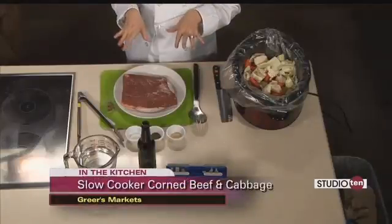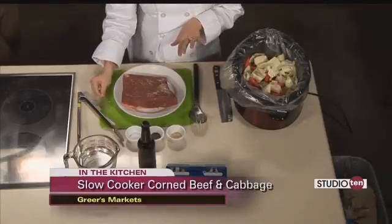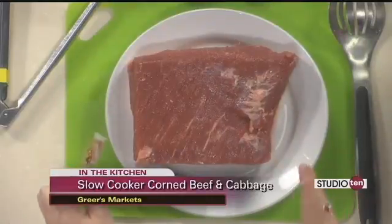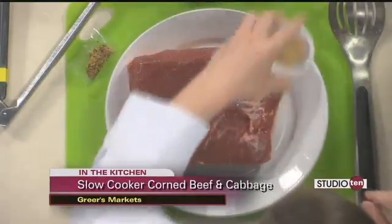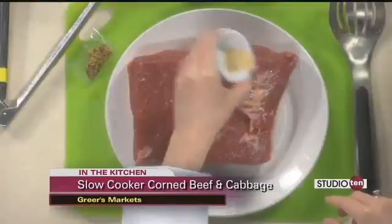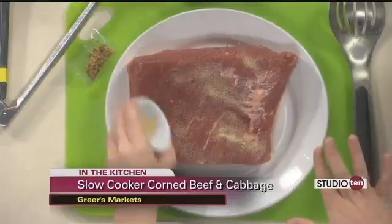This was already in a package right back there in the meat department, and it's a corned beef brisket, and it comes with a little seasoning packet with some bay leaves and some mustard seeds. It's basically pickling spice is what this is. Okay. So we have that, and then I also have some salt and pepper and garlic powder. So I'm just gonna sprinkle half a teaspoon of garlic powder on here,